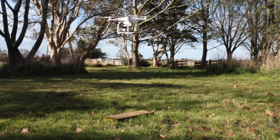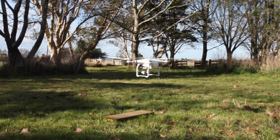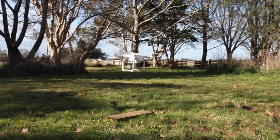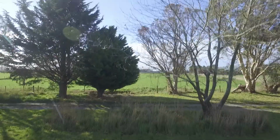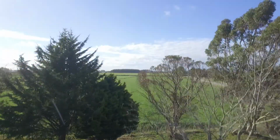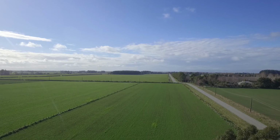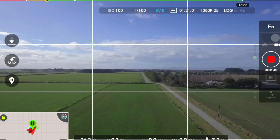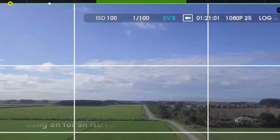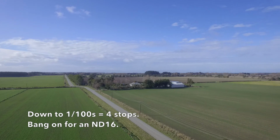So this is with the ND16 now taking off. You can see it was a wee bit of a windy day, and taking off from a piece of wood to avoid the evil gimbal overload message when the gimbal touches the grass. So we're off, and you can see the flare on the left hand side. That curved line is lens flare or filter flare from the ND16, but it is doing its job. We're now picking up 1/100th of a second, which is almost exactly 4 stops down